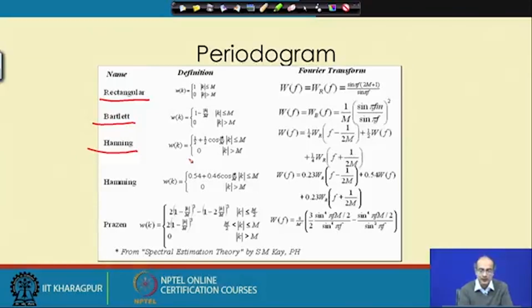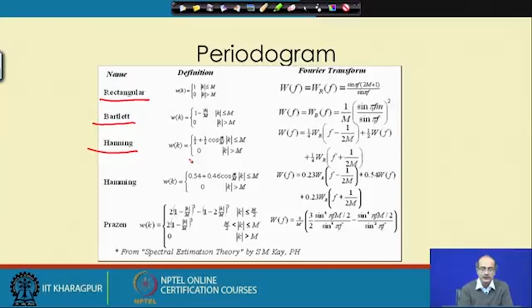Now, the first one actually has 0 slope, the second one is decreasing linearly from 0 as we move either side, as we increase the lag. The Hanning window uses a cosine function. So, the decrease follows the cosine function,